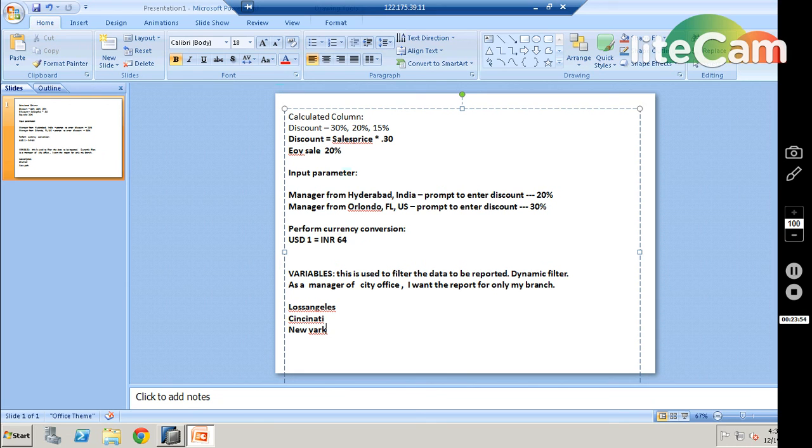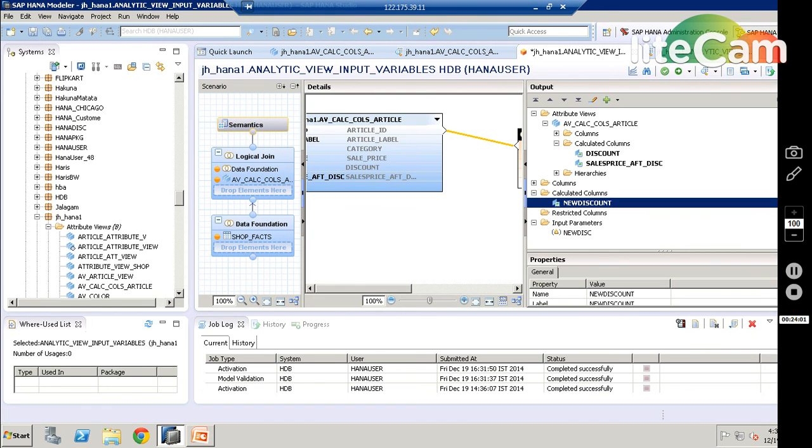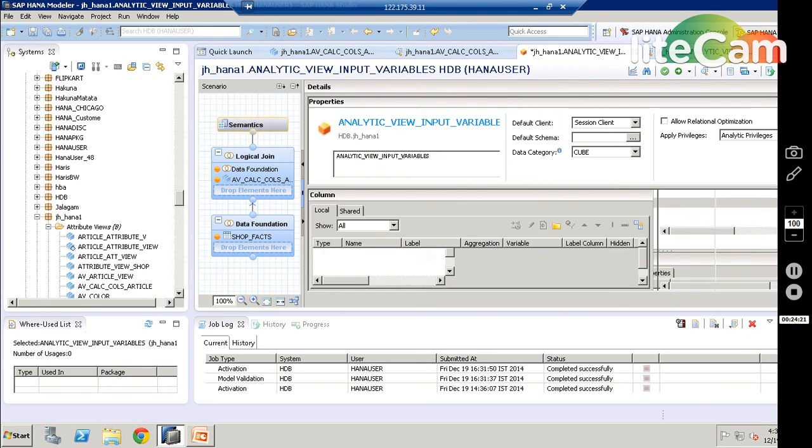Let us see how to create this variable in an analytic view and how to use it. It is a very simple, straightforward mechanism. I'm just taking the analytic view we have just created, and we are going to take the same thing here. Click on your foundation and go to your semantics.